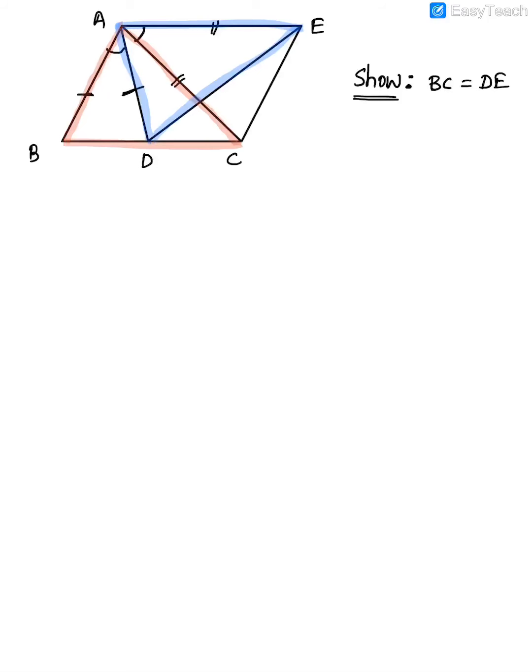Now what I'll do is, first let's label the angle in between. Let this angle in between them be equal to X. Let the angle between them be equal to X here. And let the other two angles be what? Y and Y. Now, we'll have to write all the statements here.